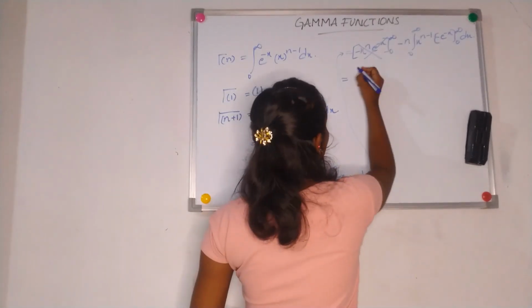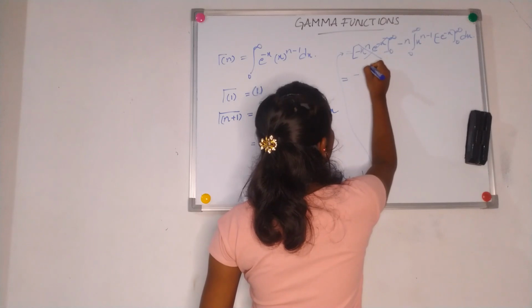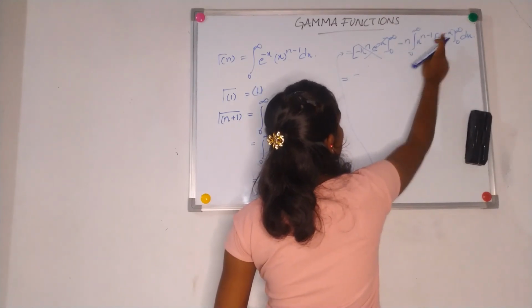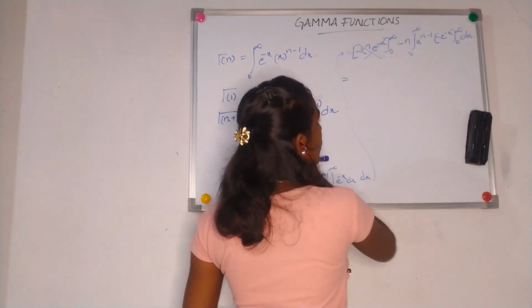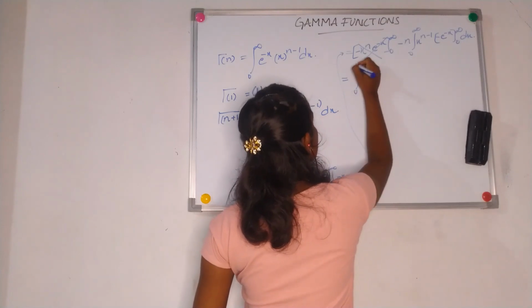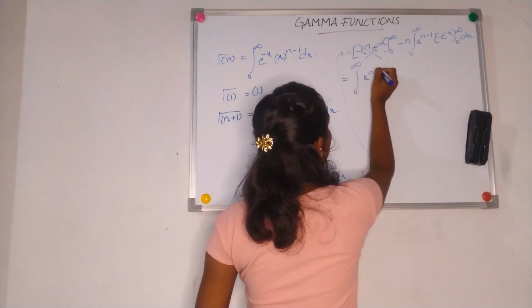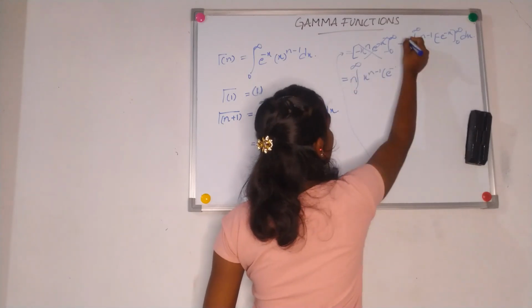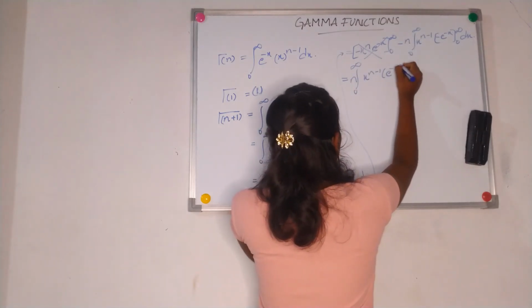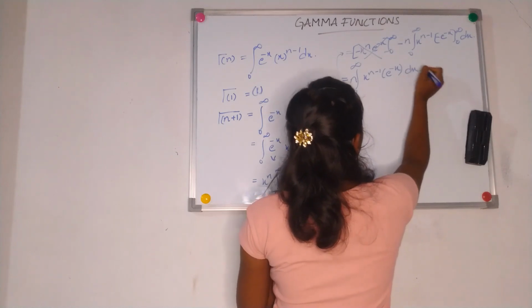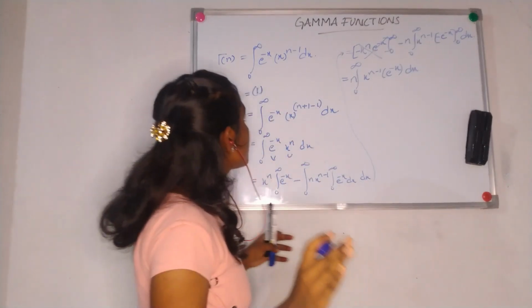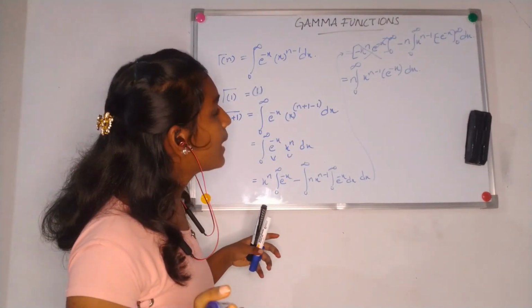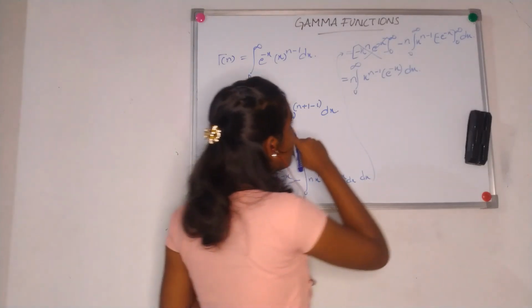Yes, that is it. And now minus of integral, so this minus into minus will become plus, and I am not going to write it. Integral of 0 to infinity x power n minus 1 into e power minus x, I have n, e power minus x, dx. Okay, so that is what I have got now. Am I right? Yes.